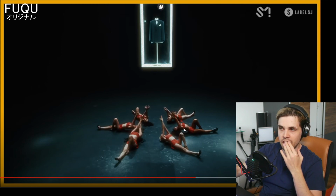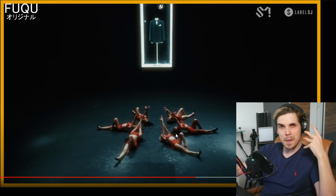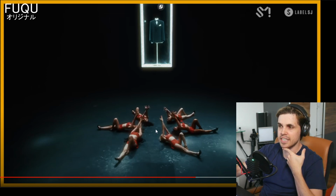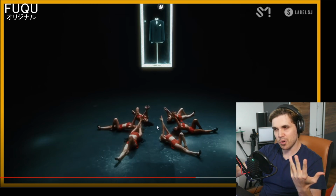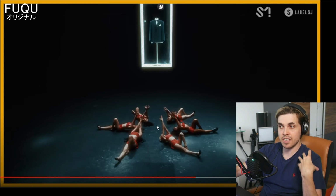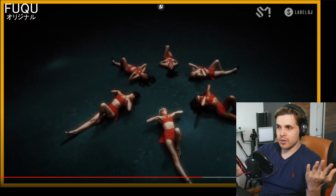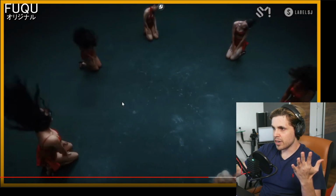Like, I get it with the choreography, and I think it's very nice that they're trying to make a laser into a choreography. But for me, it's just very distracting in the sense of, is it a laser? Would I have noticed if it was a laser system from just the choreography? Most likely not. For me, it just looks like women dancing in a circular pattern. Maybe it's in the lyrics that I'm not looking at right now, but...